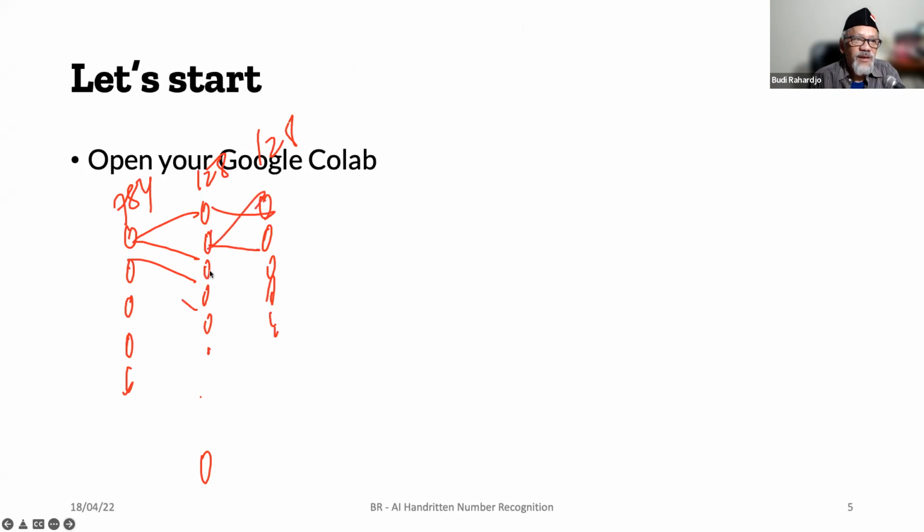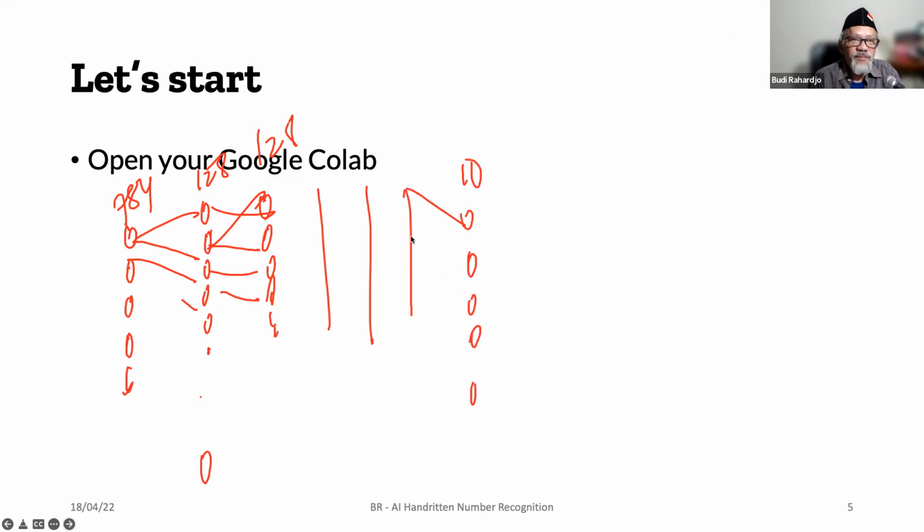Connection, and so on. 5 layers, for example, 3, 4, 5, and then finally there are layers that are 10, right? Gitu kan ya? So when we do say a training, we say number 7 is this number 7. We have to compute the weights of this, right? The more layers, the more weights that we have to compute, right? So it's going to take a while.